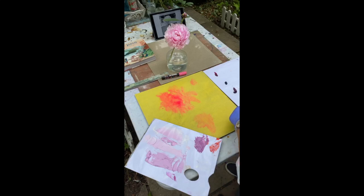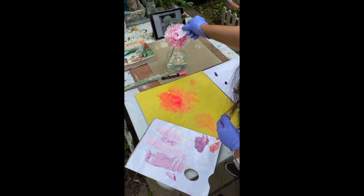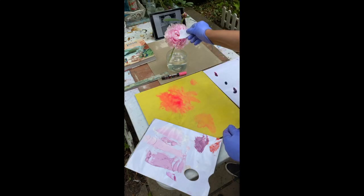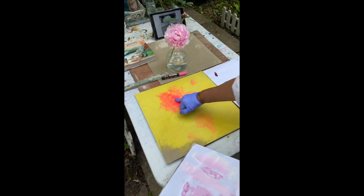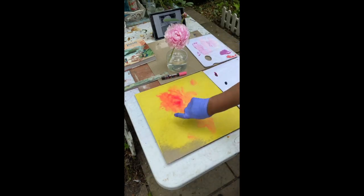If you sort of squint at that, if I isolate that and you squint in there, it's quite dark. It's almost an orange in the center of that flower. So I'm going to leave that orange. I can add that in later, but I'm going to leave that part there as the center of the flower